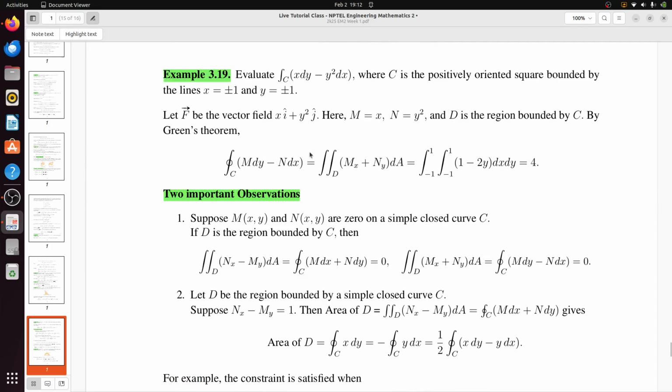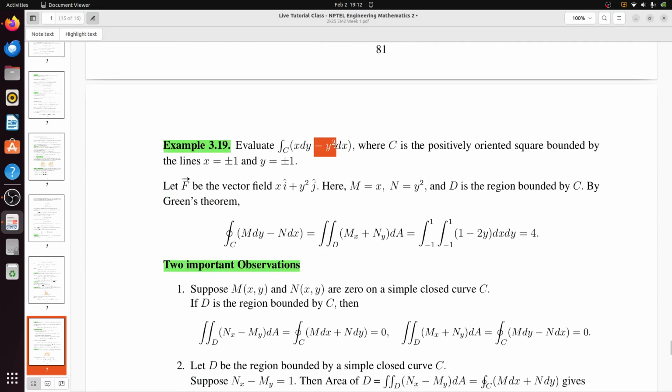So your m is equal to minus y square, and your n will be minus x. So del n del x minus del m del y will be, your m will be minus y square, right? Now what will be your n? Your n will be,